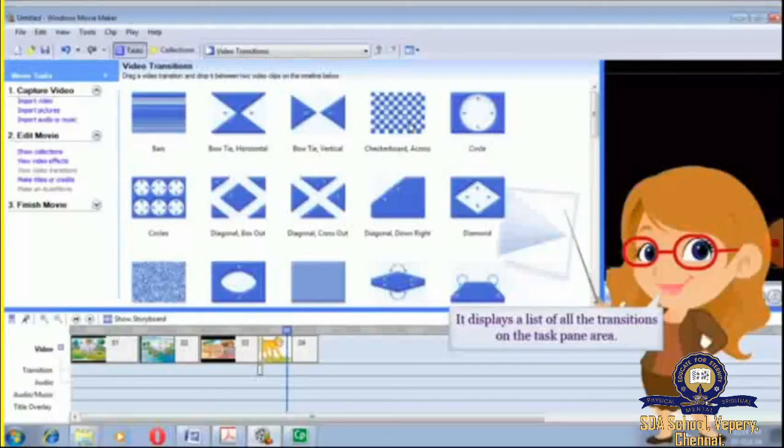First, what you have to do is select View Video Transition. Can you see the option? Select that. The transition effects can be viewed on the content pane. To select the transition, click on the required transition effect. Drag and drop in between the two images or video clips in the timeline. Can you see the timeline? It is dropped between the two images or video clips in the timeline. Like this only, we can add video transition to the clip.